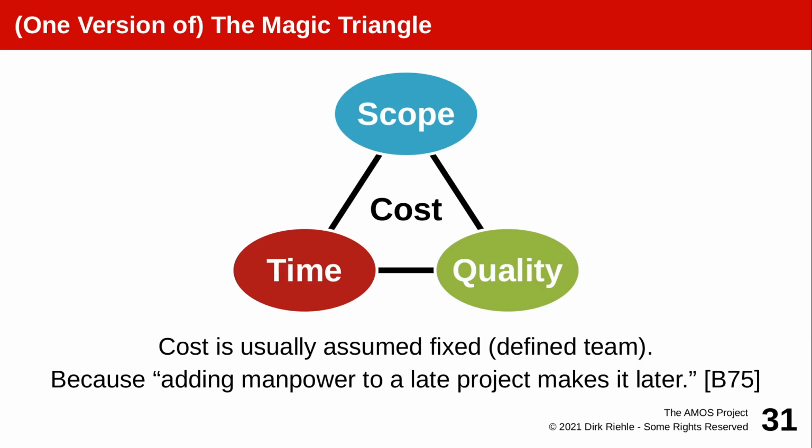If you wonder about cost or number of people, that's strongly correlated, so cost is assumed to be fixed, meaning you have a set number of people, and that's where your costs are, the salaries of the software developers usually. And if that's fixed, the manpower you have, the resources you have don't change, cost stays the same. Then you can think about scope, time, and quality. Scope means features, how much functionality will you get done? Time means deadlines, by when will you get it done? For example, if you say in 2 weeks we will get all these features done, so you just fixed time and the feature scope, then the quality will follow. That's the idea of the magic triangle,